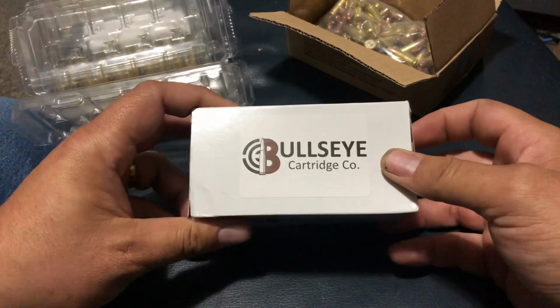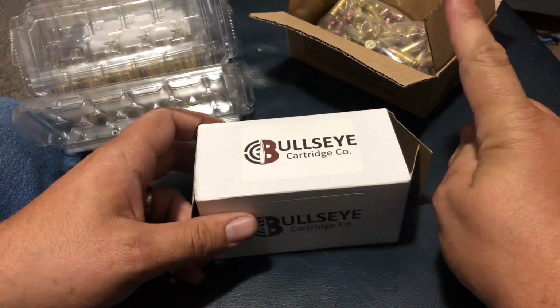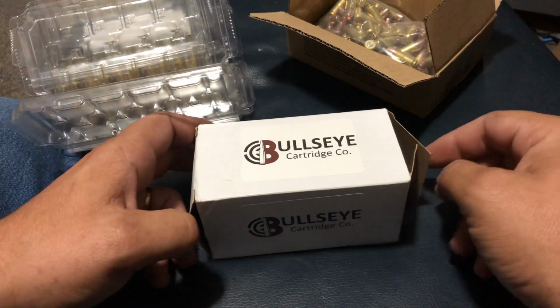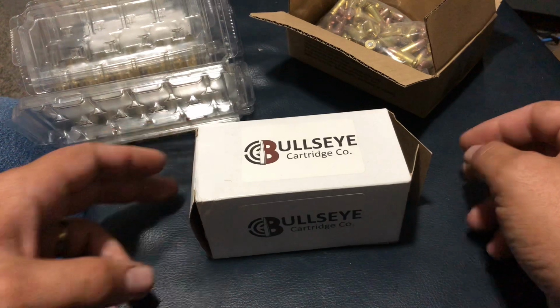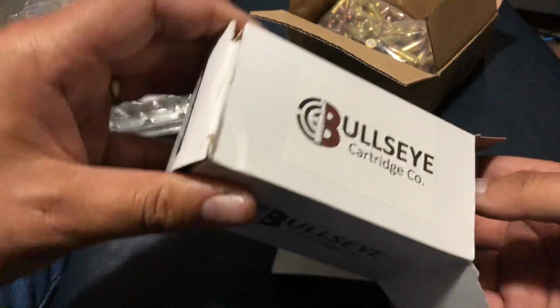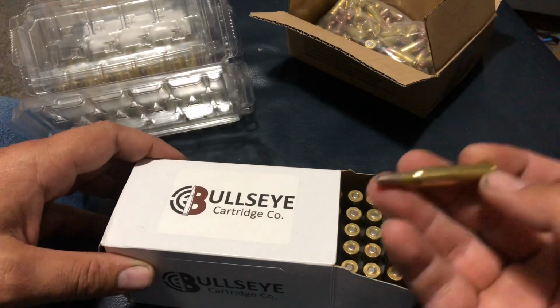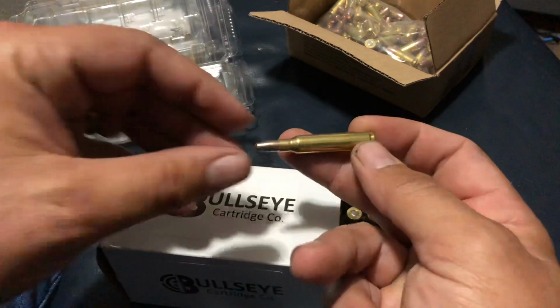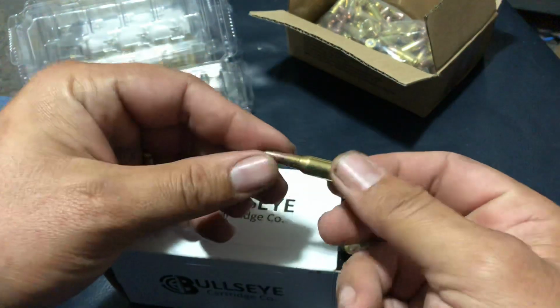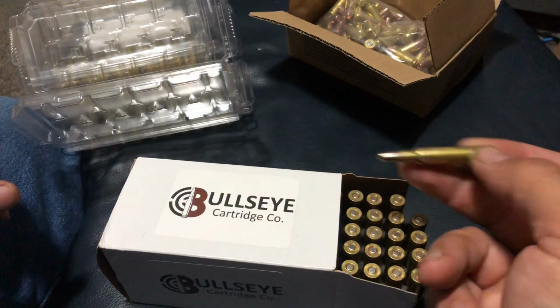I told him, look, man, I would love to let my viewers see some of this stuff in action. I only have one 300 blackout at the moment. It is a 10.5-inch variant. But that's the main thing. So we have this, which I'll see how this works. He cranks out some stuff. This is frangible. I've run the frangible 300 blackout before, never 5.56. So we'll be testing this on some plate,